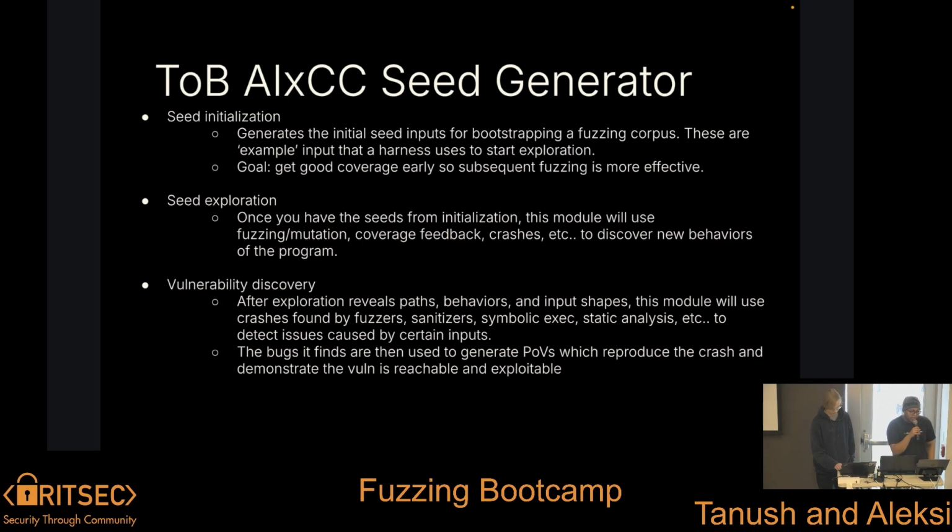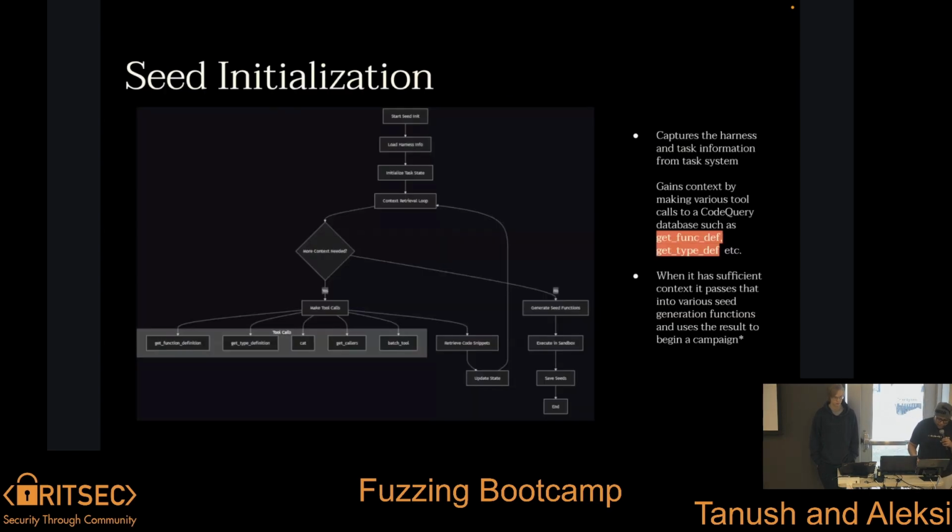But the idea is now, okay, you want to create and generate initial seeds that are useful. You want the fuzzing harness to run. You want to get information on the seeds that you'd actually generated. After that, you want to maybe explore the code base a little bit, and then generate new seeds based off exploring the code base and trying to find bugs. And then you also have an AI system that fully agentically goes and tries to find bugs by itself. This is the overview of how it works.